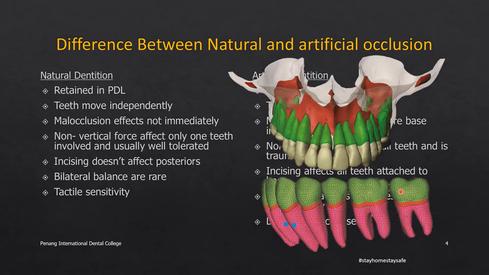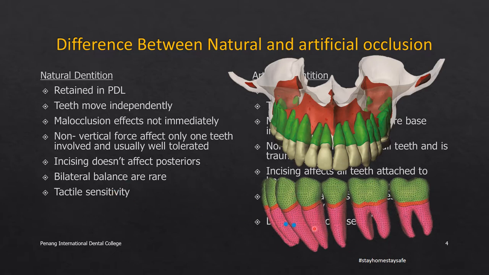type of occlusion which is specifically created to be designed in complete dentures for the sake of stability and retention of the complete dentures. So natural dentition does not have balanced occlusion. It is governed by different factors such as we can see canine guide occlusion, we see group function occlusion, we see maximum intercuspation. Also, because of the periodontal ligament which contains various receptors, namely like mechanoreceptors, proprioceptors, the teeth have